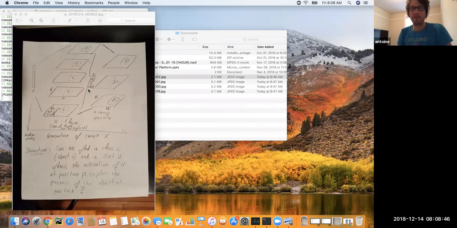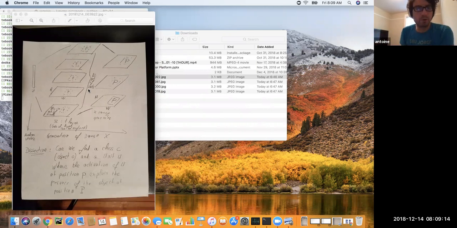Then they use a segmentation tool to know the presence or the absence of an object of a specific class and its position in the generated image. And then what they are trying to find is whether there are some units for which the activation at this specific position